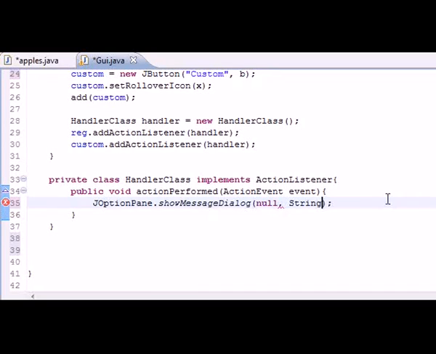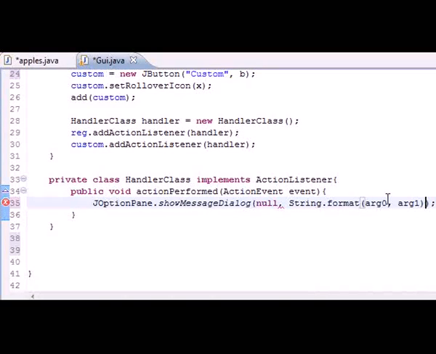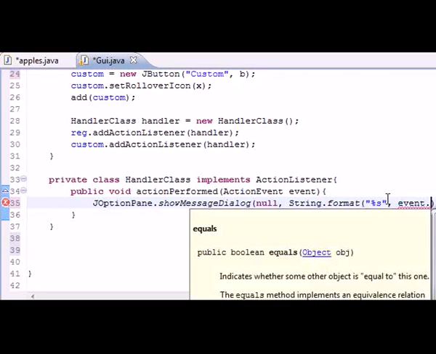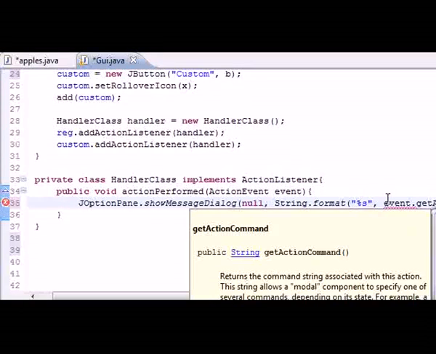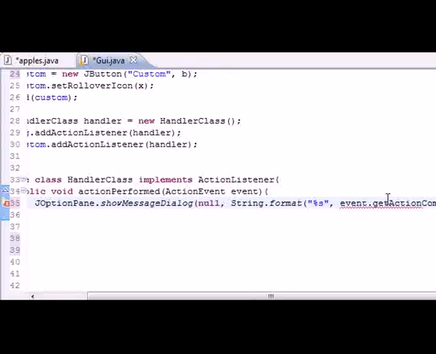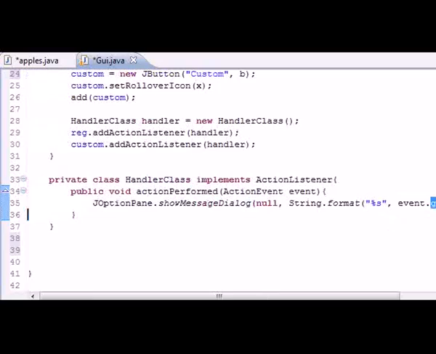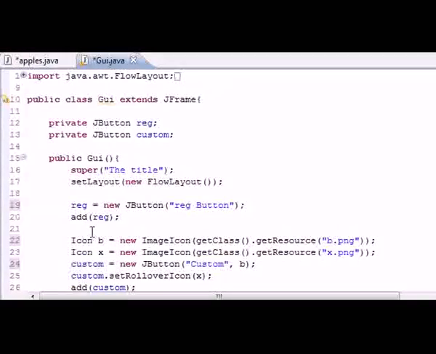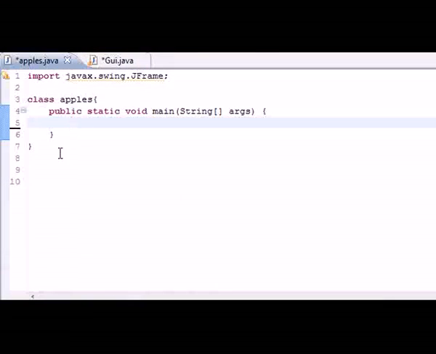And let's just go ahead and put string format, put some text on the screen. The first one will be nothing fancy, just %s, and the second argument will pretty much be event, and you'll see what this does later on. Nice little surprise for you. Get action command, just like that. And now I just got to make sure I don't have any errors, and now that we don't, we can go ahead and we can call this main